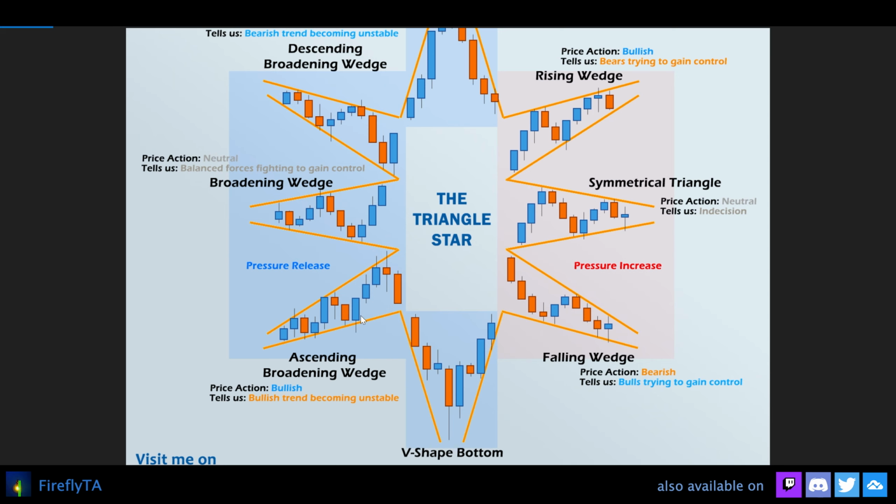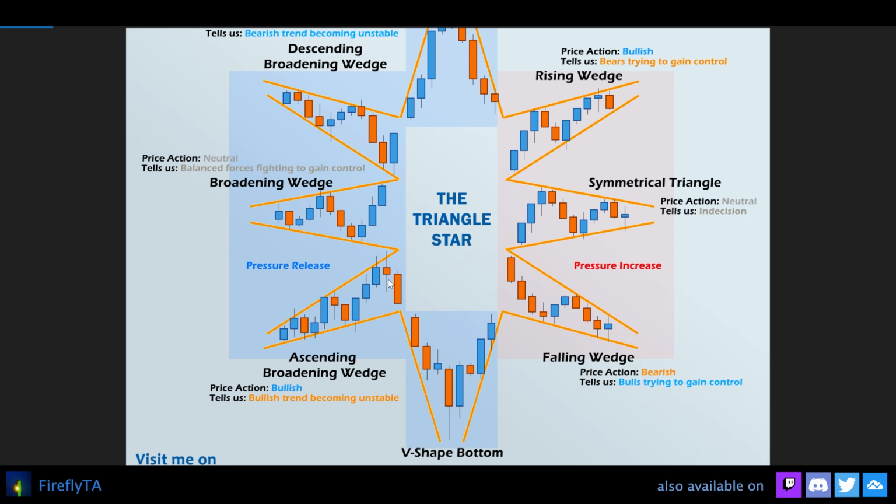First of all, based on facts, the price action is bullish because the trend is up and bulls are stronger than bears. However, it tells us bulls are becoming weaker because they can't defend their support levels anymore. And price is threatening the core support bulls have over and over again. So if you see something like this in an uptrend, it is usually a sign of a reversal soon. This is why an ascending broadening wedge is considered a bearish pattern that often breaks to the downside because bulls